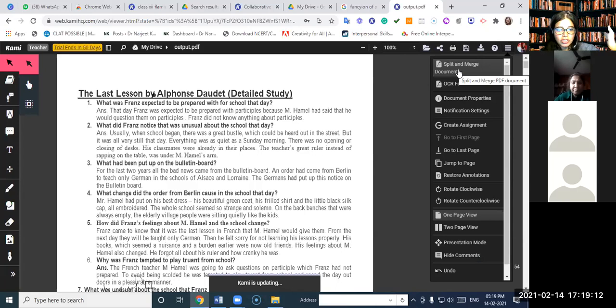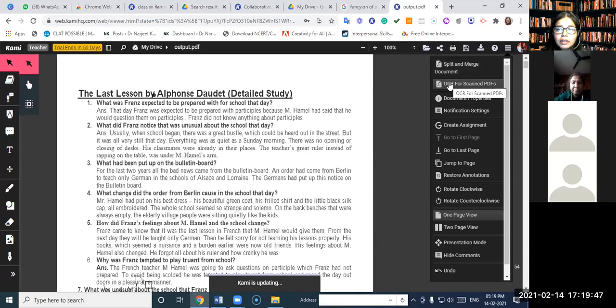I can take out page number 1 and 2 from one document. I can take out page number 3 and 4 from another document. I can merge them and make a new document for the children. So either I can split it or I can merge it. I can slice it also, 1, 2, 3, 4 pages wise, or I can merge the documents. For example, I like 5 pages from one document, 3 pages. I take all those 5 pages plus 3 pages and make a new document of my own. So this is a very interesting feature which Kami gives, and I use it a lot. When I make notes and all, I use it a lot.